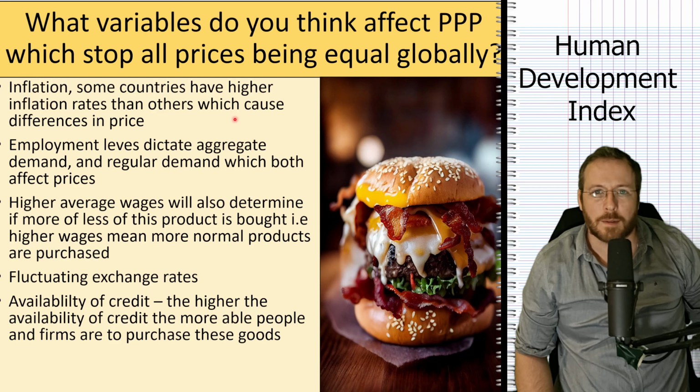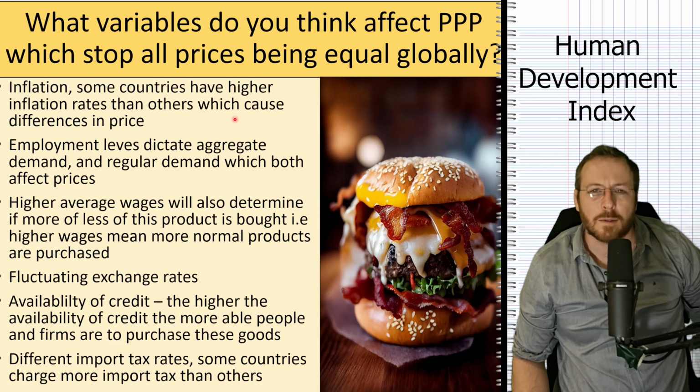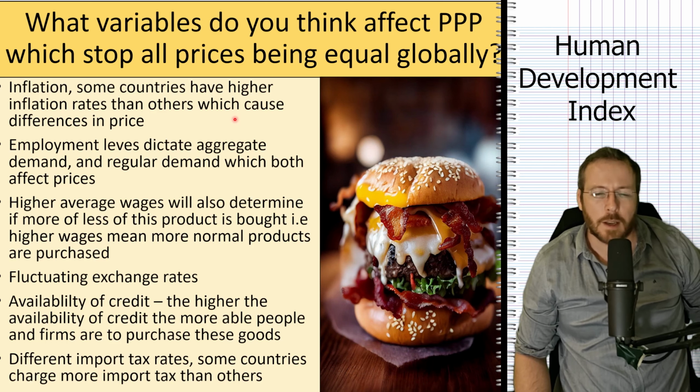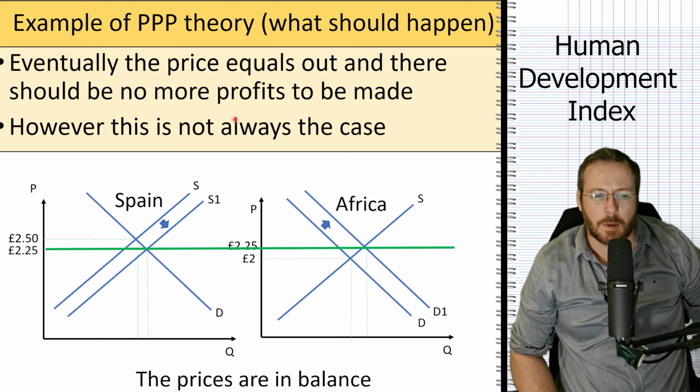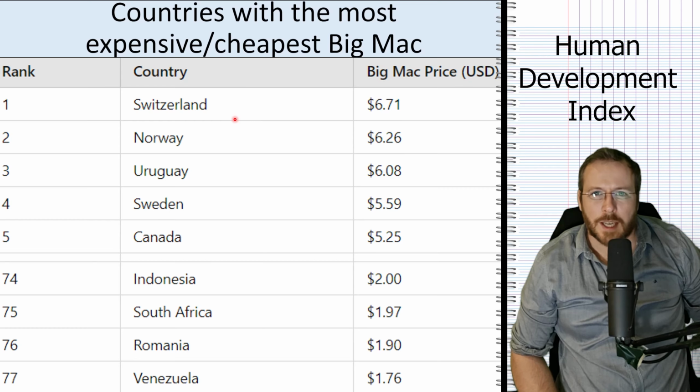And what about credit? Do the people in your country have access to easy credit? Can they get credit cards easily? Or is it like Fort Knox, really difficult to borrow from anywhere? Then, of course, think about the tariffs from Donald Trump that we've seen recently and how that affects different countries. All these things make the situation imperfect, where the price is never as equal as we see in this basic example.